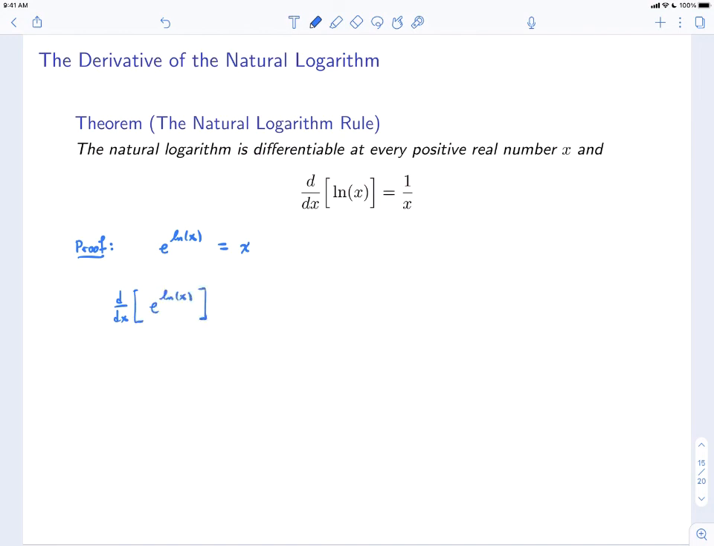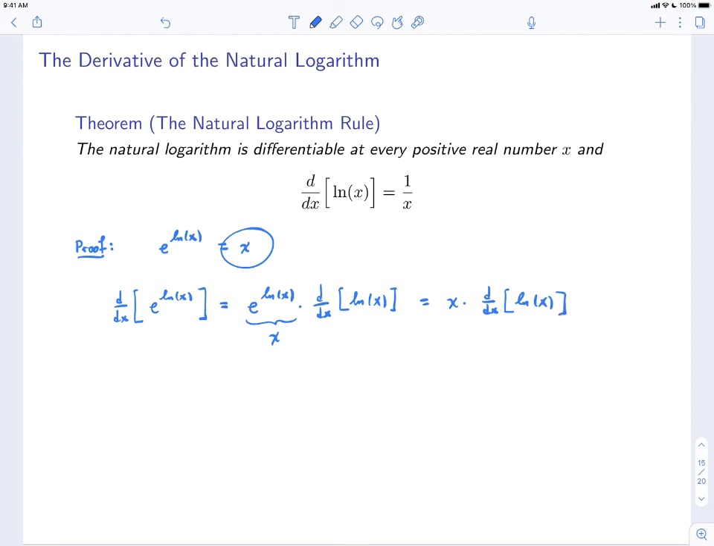Well, this is e to the something. This is a composition. The derivative of e to the something is going to be e to that thing again times the derivative of that thing. Well, the derivative of that thing is ln of x. That's the thing in the exponent. Now, e to the ln of x, that's just x. So we end up with x times the derivative with respect to x of ln of